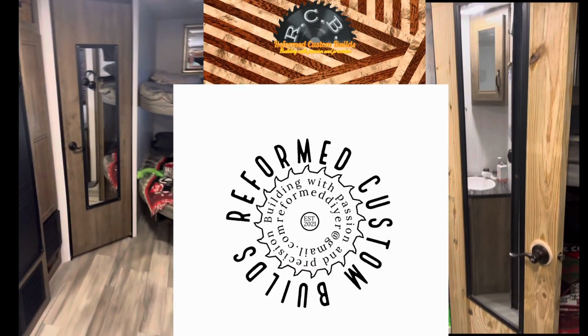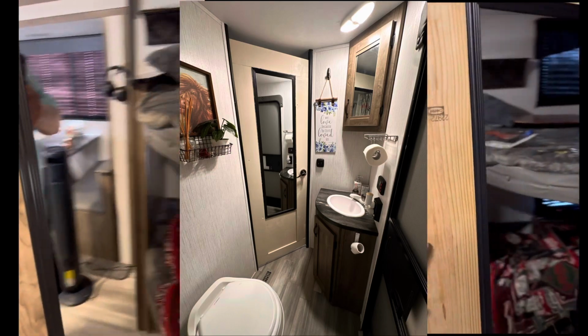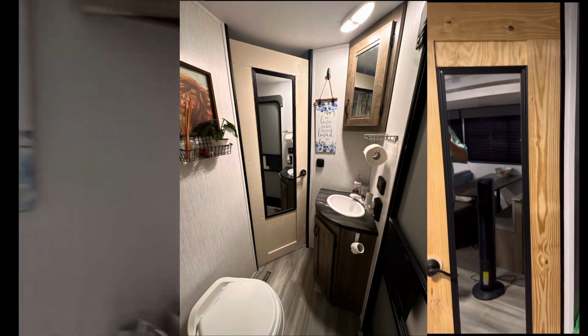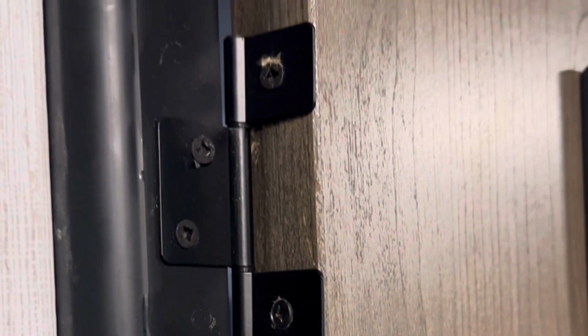Alright, so we bought a travel trailer on our very first camping trip. However, my daughter did pull on the door and ripped it off of its hinges. And come to find out that these doors are just garbage fiberboard all the way through. Almost looks like glued together